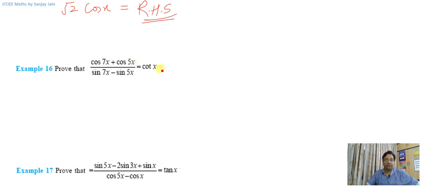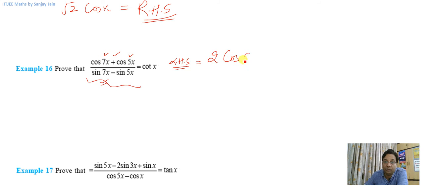Again, I'll apply the formula that we just applied on this left hand side. In the numerator, I'll apply cos c plus d, and in the denominator, I'll apply sine c minus sine d. Now it is on you whether you have memorized these formula or not. If you have memorized these, you can write the left hand side as 2 cos c plus d by 2. That is 12x by 2, so it will become 6x. Cos c minus d by 2, so 7x minus 5x, 2x divided by 2, so it will have x here,